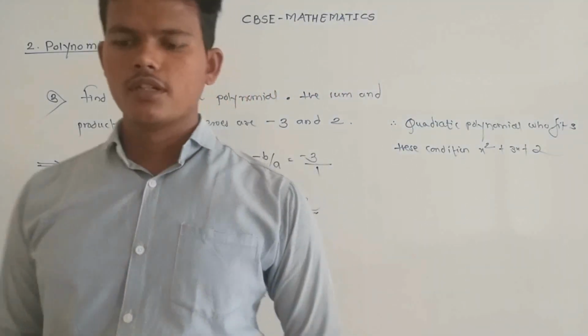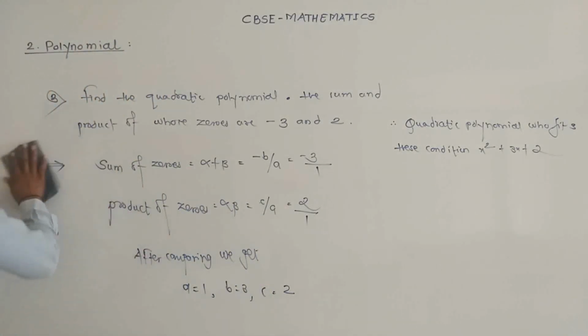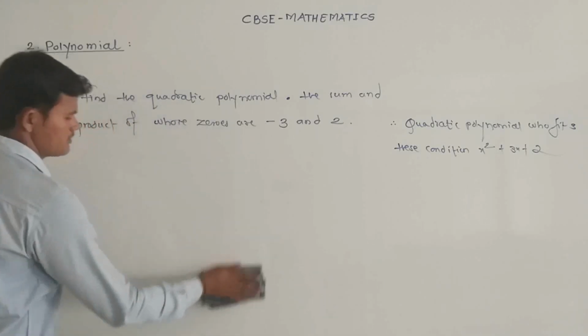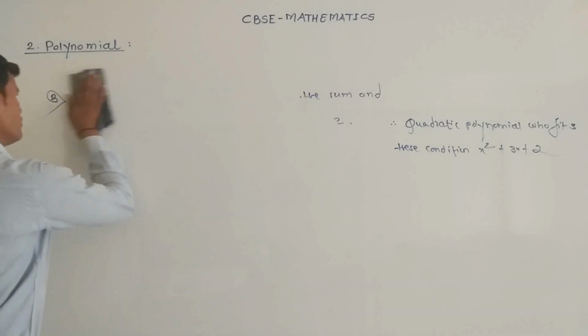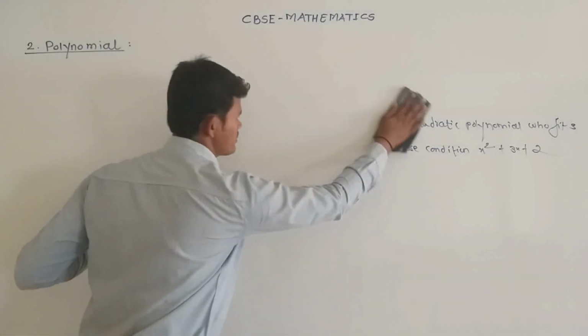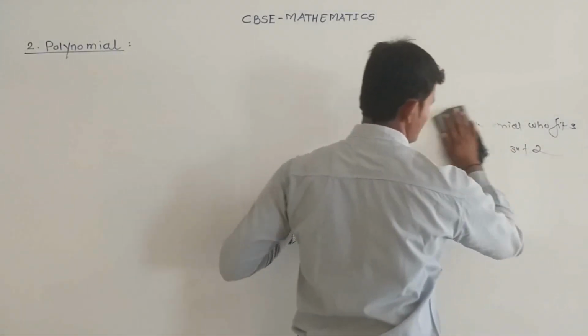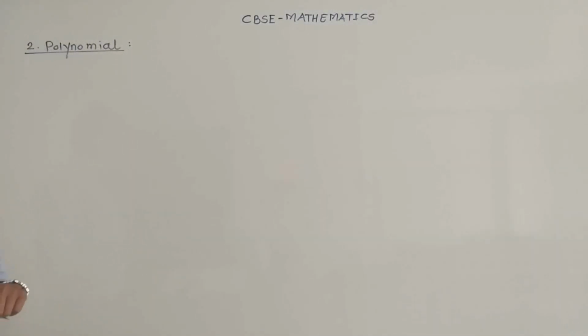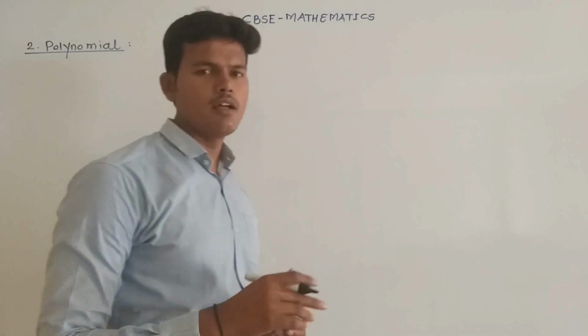Now we are going to start practice set 2.2, which is based on these relationships. Here there are only 2 questions, and for the first and second questions some sub questions are there. First question is find the zeros of the polynomial and verify the relationships, and in question number second, find a quadratic polynomial if sum of zeros and product of zeros are given.